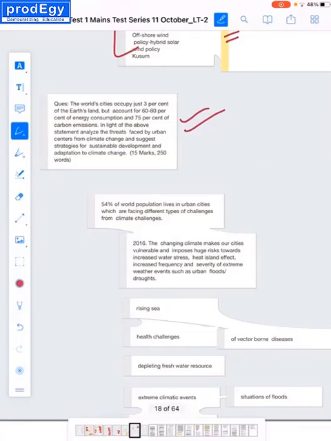The next question is: the world's cities occupy just 3% of the earth's land, but account for 60 to 80% of energy consumption and 75% of carbon emissions. It simply is saying that our urban areas are energy intensive. So in the light of the above statement, analyze the threats faced by urban centers from climate change and suggest strategies for sustainable development and adaptation to climate change. The question is saying that because of energy intensive lifestyle or economic structures in urban areas, they are becoming more and more vulnerable to climate change, and what strategies must be adopted